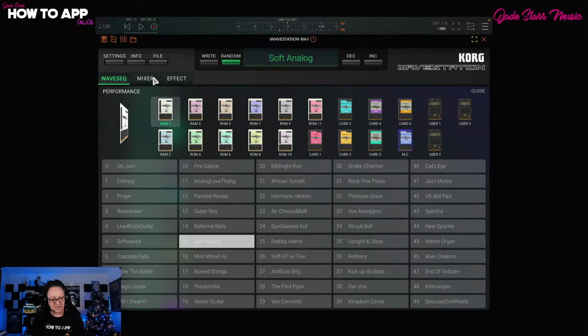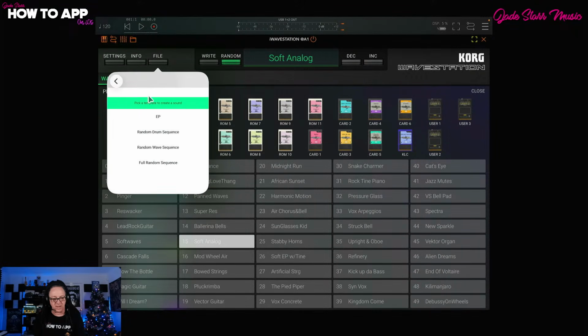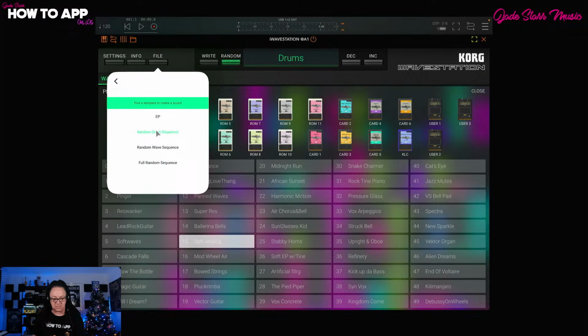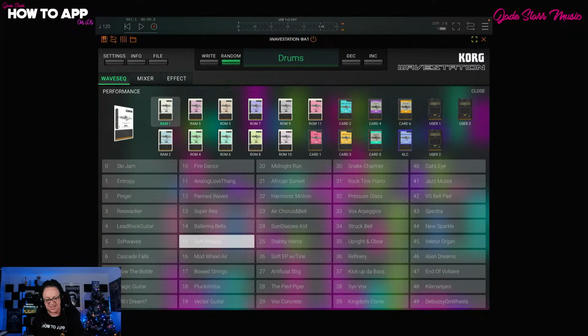So just talking about this thing up here too, this file section, create a new performance. You can do random drum sequences. So now that that's done,